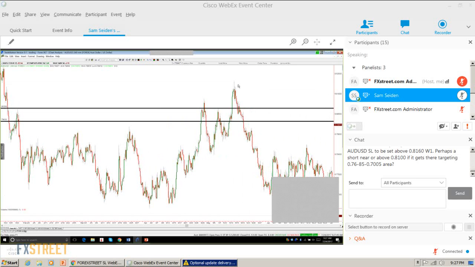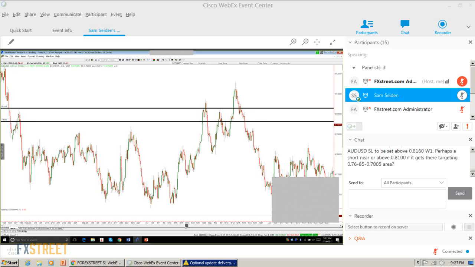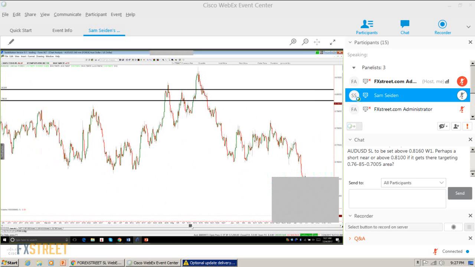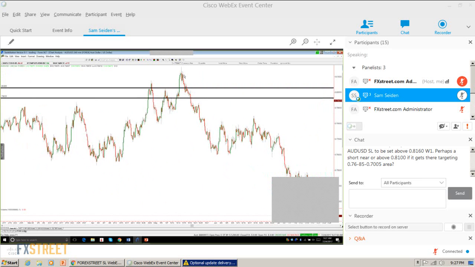So you're talking about up here, kind of the top of the pivot? Right. Got it. Yeah. So this is the area price has been turning at in the last few days, down